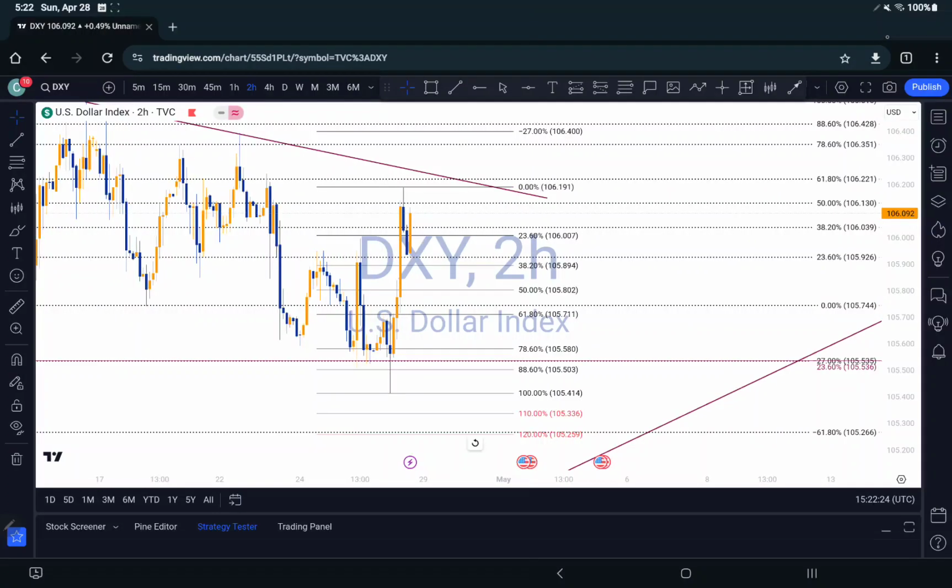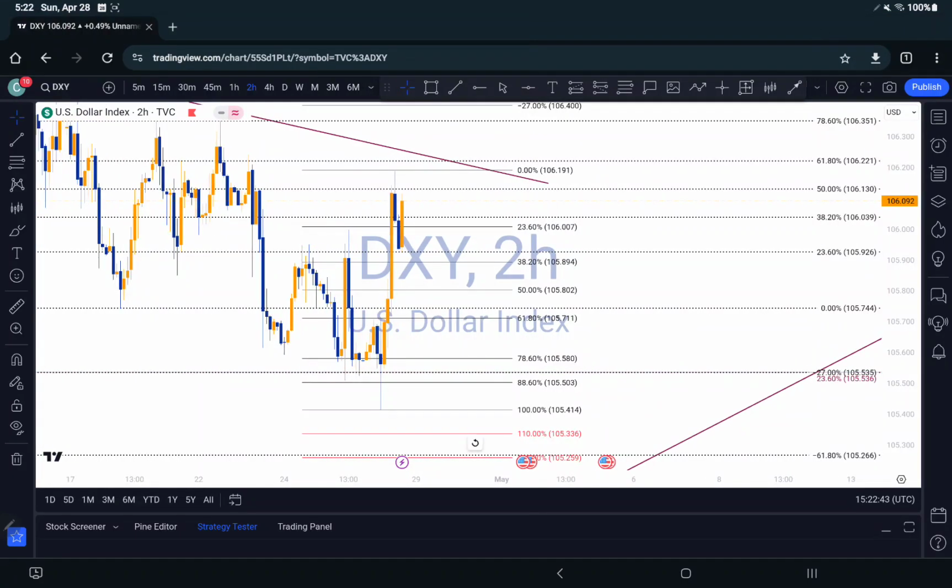So already I'm going to be a little bit patient because we don't know yet if this is the point B for the fib retracement, because it hasn't touched any fib level right here. So there's a possibility for it to just drop down to maybe around the 50% fib level right here